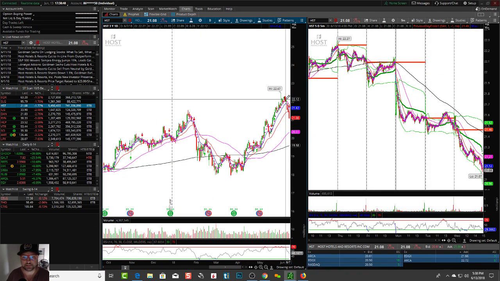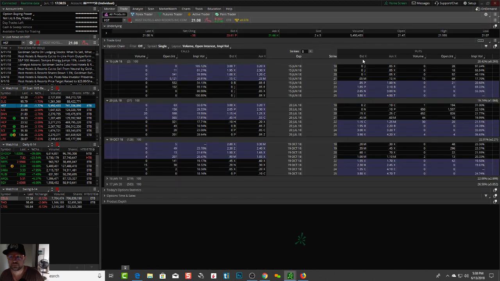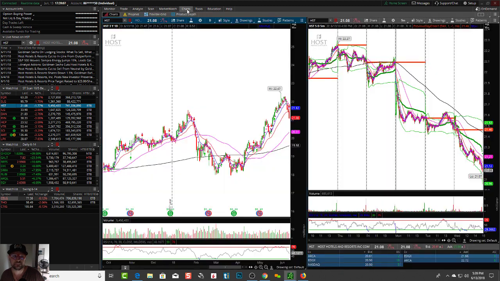Stuff like this, I like seeing this falling right here with room. But the options chains don't look really so hot on this side. There was some over here on the call side, although it might be starting to build a little bit. So let's take a look at the hourly.